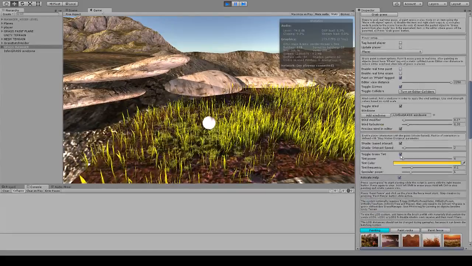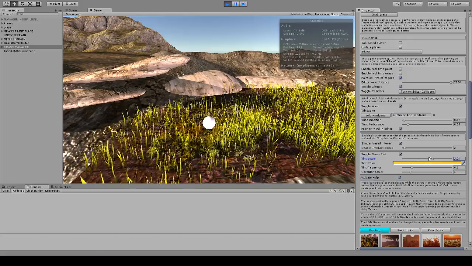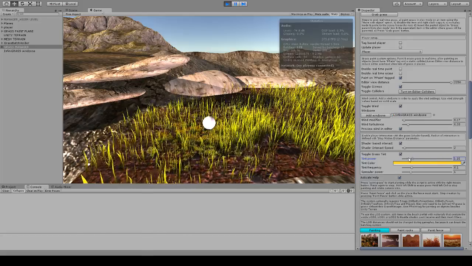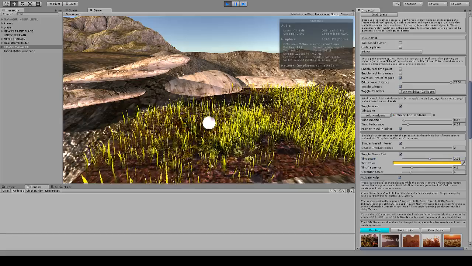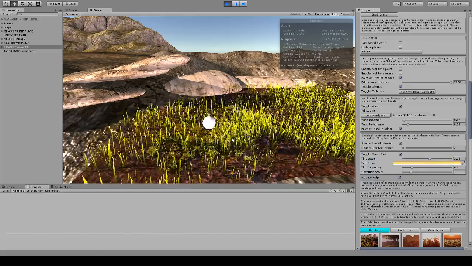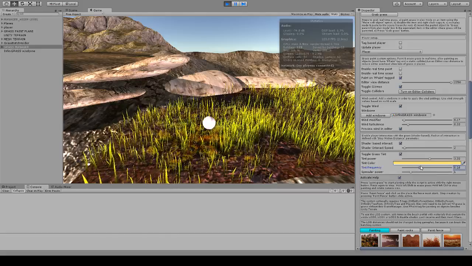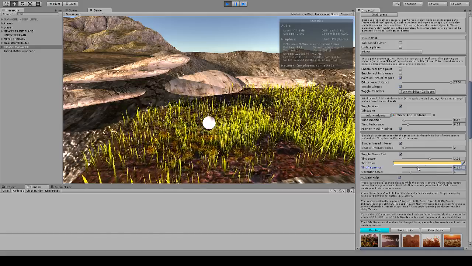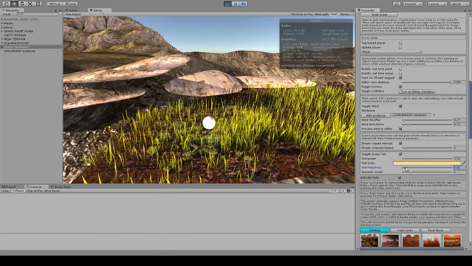We can also tint the grass, so we can see here how the grass tints. The tint power, you can choose a color, and this is a pattern tint, so we can put a frequency. Lower frequency will spread the same color